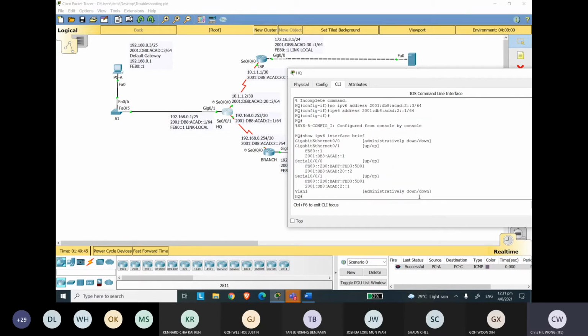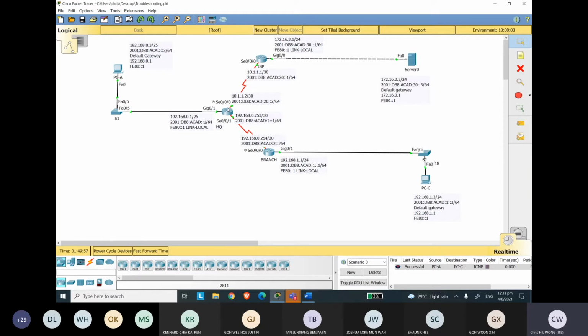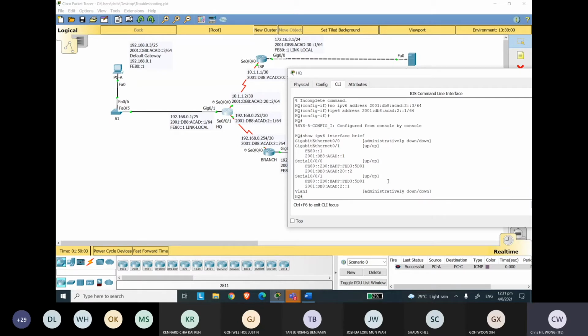Yeah, in the 2001 DBA AC, cat2 : 1. Oh, okay. Now what you need to do, they ask you, you are going to ping from the HQ router to the branch router to see whether it's successful, okay? So I want everybody to ping. This is no choice, you guys got to key in, okay? Ping